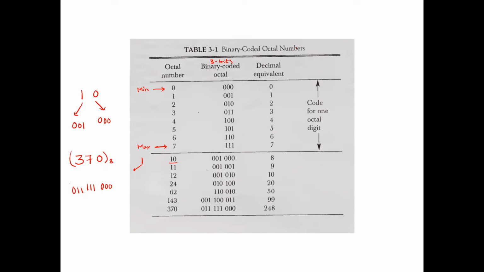Every individual octal digit must be coded in its equivalent 3-bit binary. So that is the logic for binary coded octal numbers. Now next we have